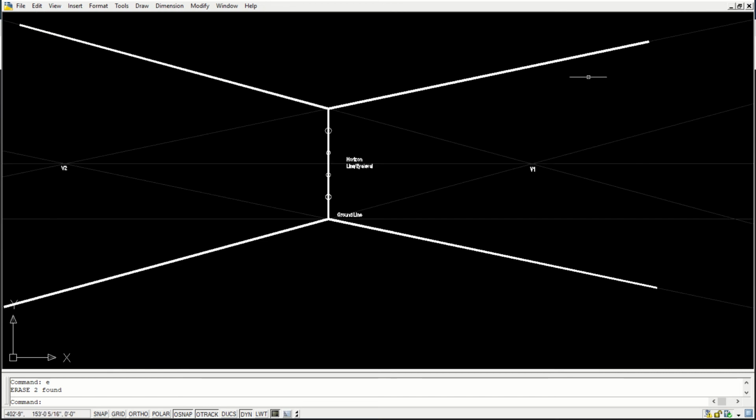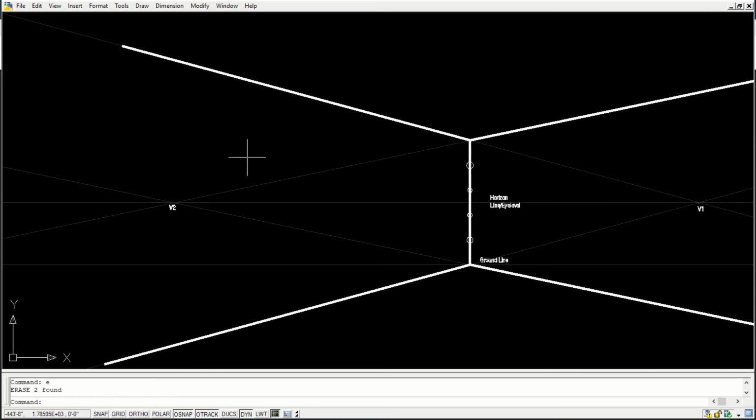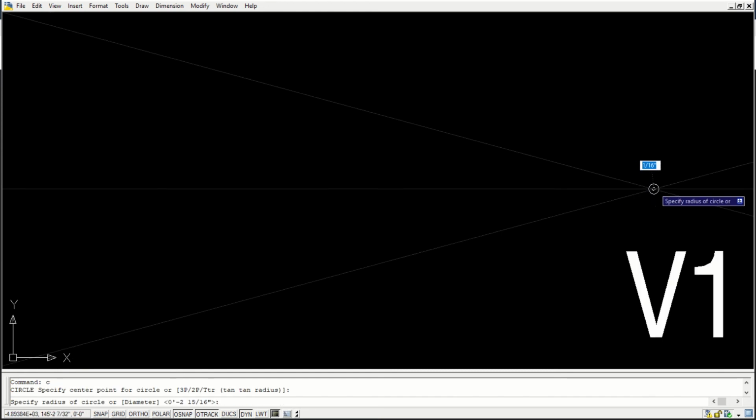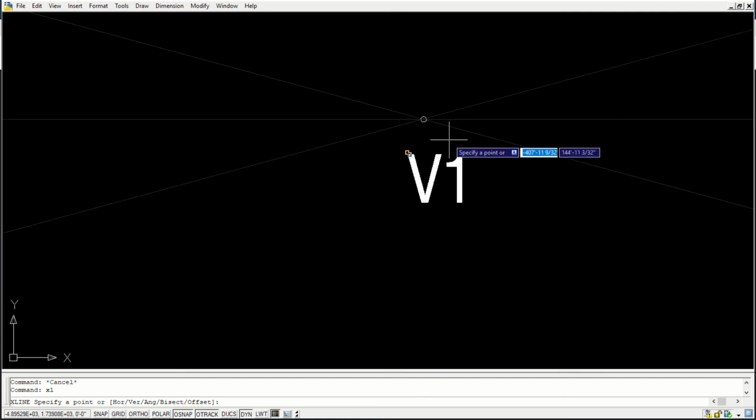Now I want to make a grid on this facade. It is easy. Let's say I want to make a grid on the left hand side. So what I do, I'll use the right hand side vanishing point to create grids on the left hand side. I'll use the vanishing lines to pass through.